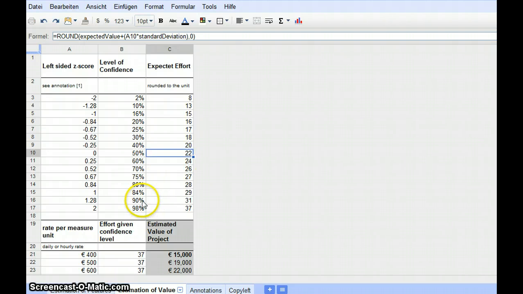If you want to be really sure that you meet the project in time, you need the 98% confidence level, and this amounts to 37